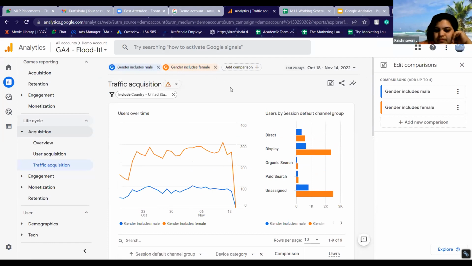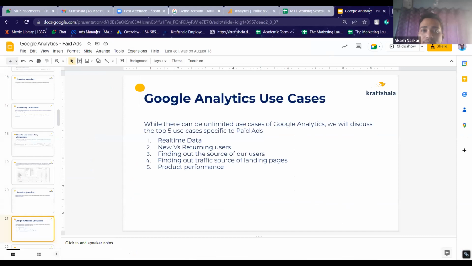Okay. So the idea is that you have to understand your use case, that what data do you actually require, right? What data are you trying to find, and then use these three tools to get that specific data, how you want it. Okay? Yeah. Cool. Anyone else? Any questions before we move on? Hello. Yeah, Aman.